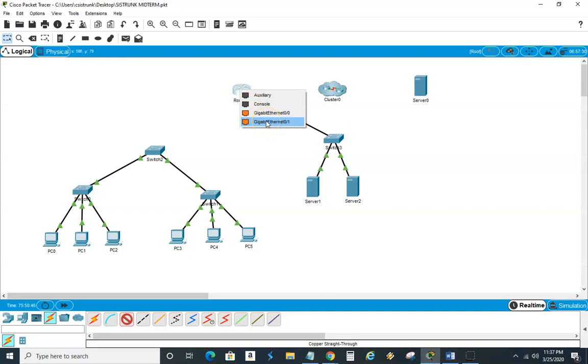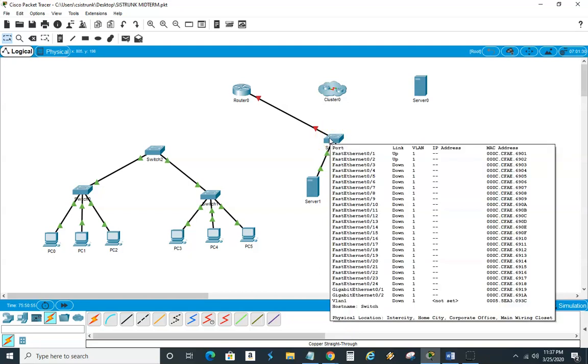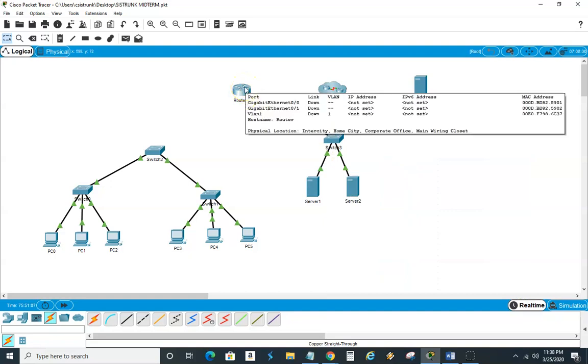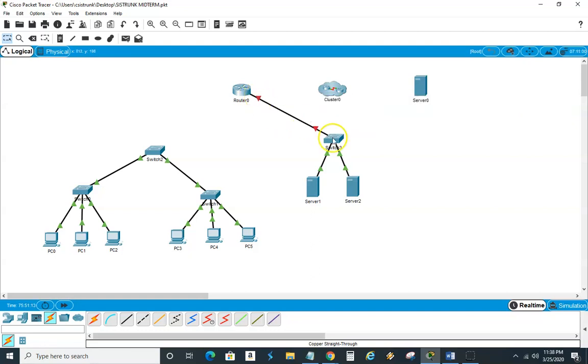I should choose 1, but let me put my mouse pointer over it, click here, put my mouse pointer here. So I want you to notice down here at the bottom, I got Ethernet 0/1, which is down, Ethernet 0/2, which is down, pointing to Ethernet 0/1, which is still down. Okay, so I chose 1 here, I chose 1 here.